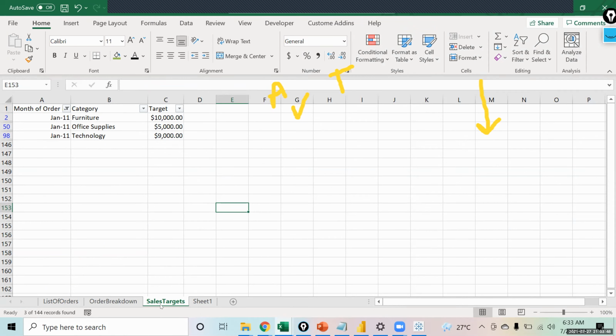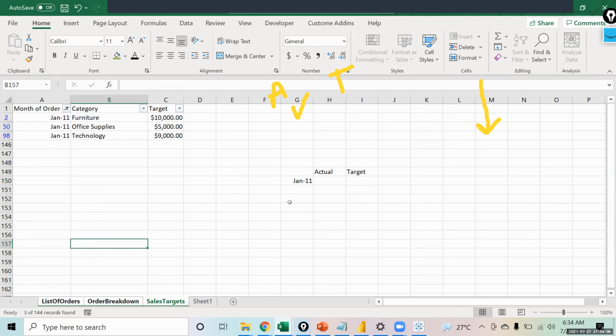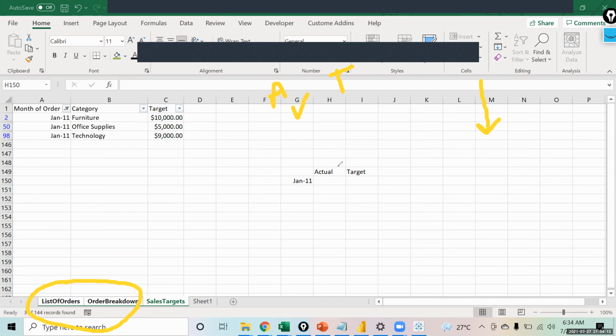Now, because I want to show the sales targets, like for the month of Jan 2011, I want to see what was the actual and what was the target. So I will have to join the data set again, on the basis of month of order over here and the join that is already over here. I will have to join the data set with this to bring the actual from this data set, and the target will come from this data set. So there will be a join required between this and this. Making sense?